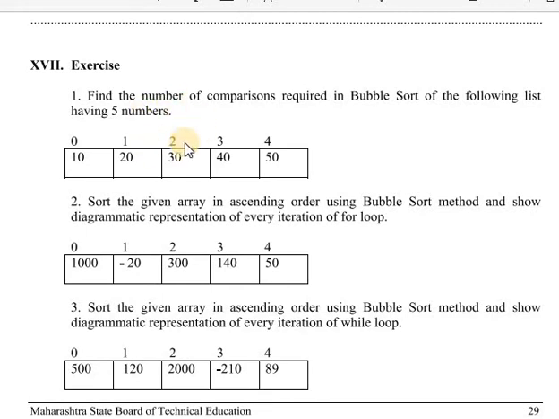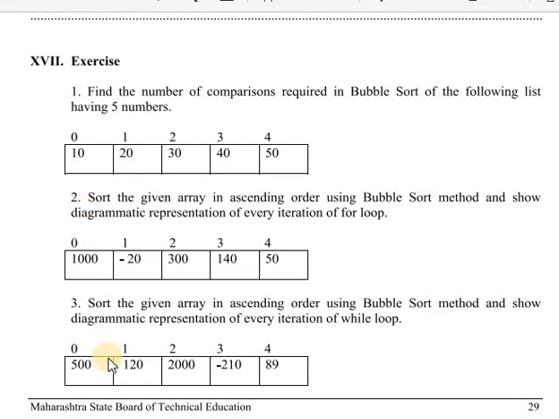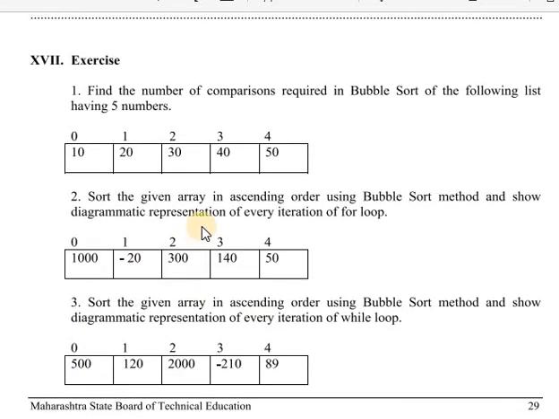Okay, how many comparisons are required? Here, 5 numbers: 1, 2, 3, 4, 5. Okay, 5 minus 1, meaning n minus 1, is 4. So 4 comparisons will be generated. That means there are 4 iterations, and the iterations one by one are shown diagrammatically in lecture number 12, in the theory part, to help solve this. The same questions 1, 2, 3 will be sorted there. Therefore, homework for you.